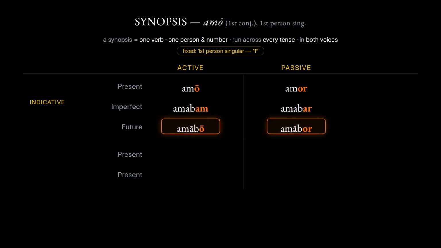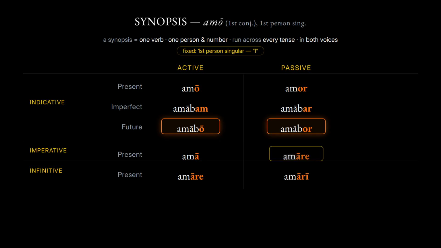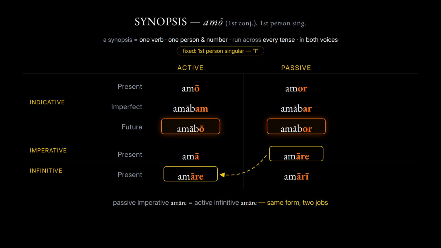I was loving and I was being loved. I shall love and I shall be loved. Next, the command, active. Ama. Love thou, then the infinitive, active and passive. Amare. Amari. To love, to be loved. One elegant twist. The passive command is the very same form as this active infinitive, a single shape doing 2